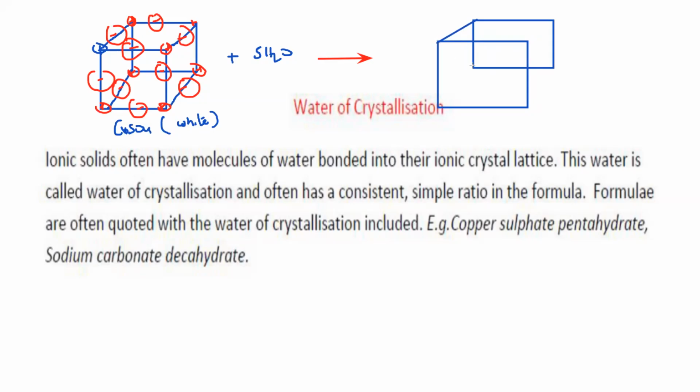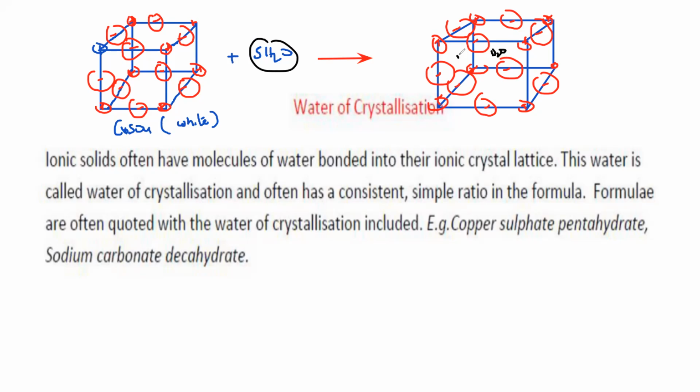It's not dissolving. Dissolving means we have a lot of water molecules, and the ions separate from each other, so the substance dissolves. But here it's not dissolving, the ions remain intact, the ions do not change, and the number of ions does not change. The only thing that happens is these 5 water molecules are trapped, or stored, within the lattice. So these water molecules which are trapped or stored within the lattice, we call water of crystallization. And when some compounds store water molecules within the lattice, they change color,